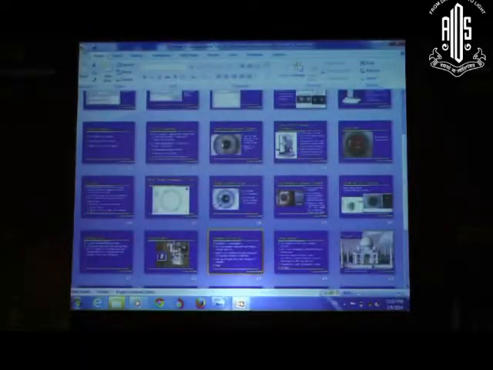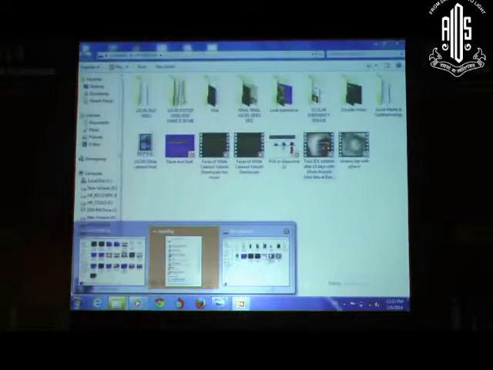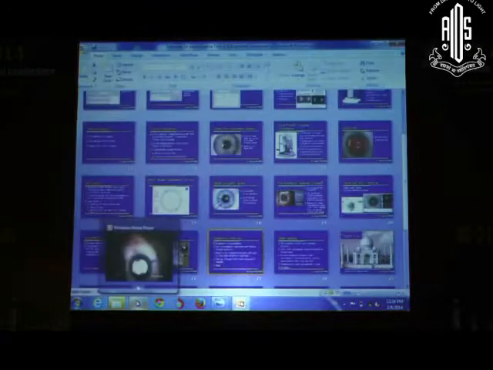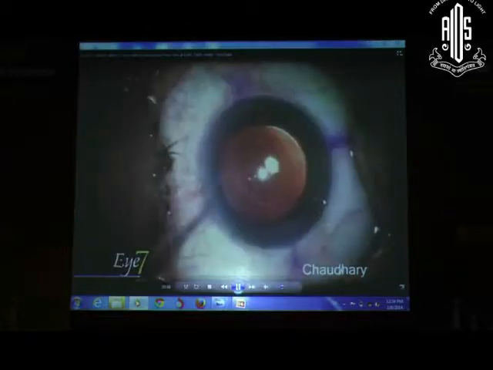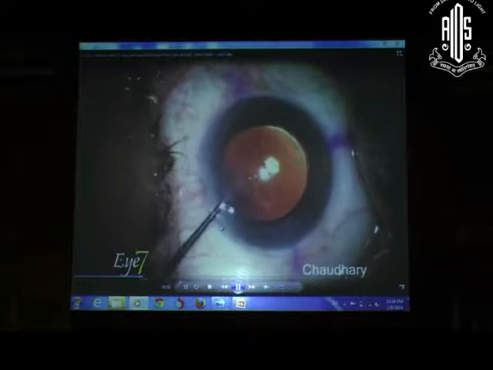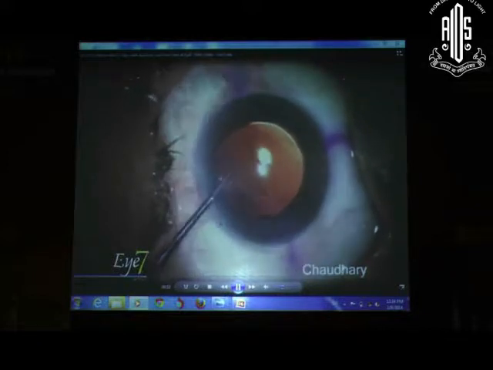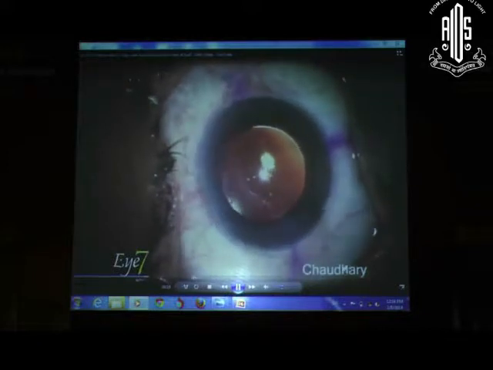There's just one small video. This is a video of Dr. Sanjay Chaudhary, because I didn't have a video of post-operative IOL rotation. So here the axis has already been marked, and this is a side port. I'm using this video with his permission. This is a side port that has been opened.